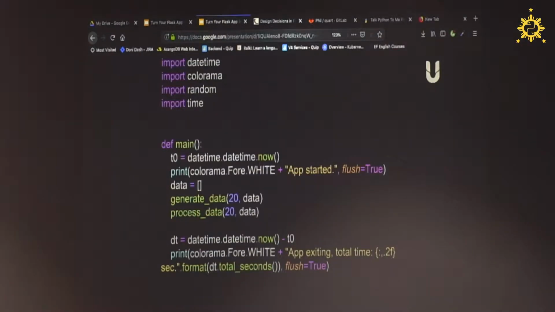In the first one, the synchronous version, I import some libraries: datetime and colorama, if you want some color when you print something in Python. We have a main function in here. We have t0 to capture the datetime right now. We have a colored print. We have two functions.